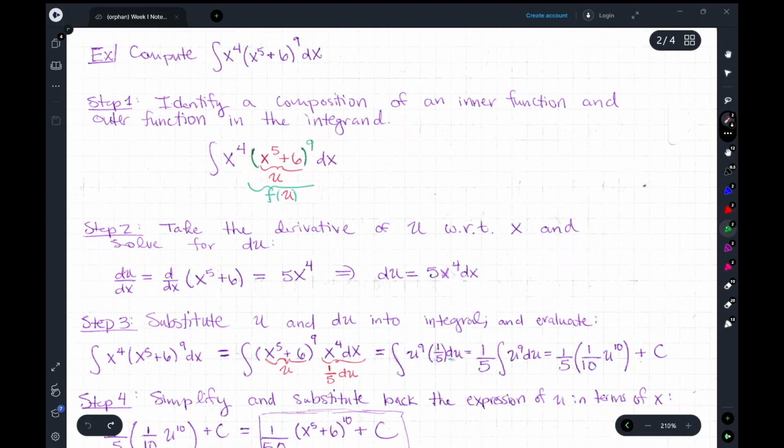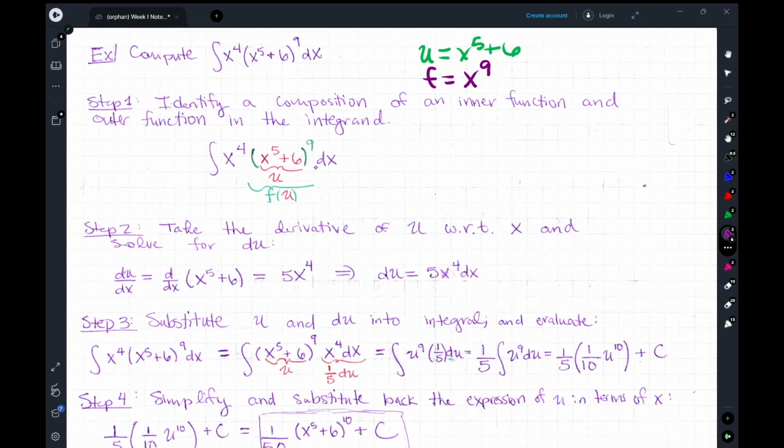If you chose these two expressions, u is equal to x to the 5th plus 6, and f is equal to x to the 9th, well then you could say that f of u is